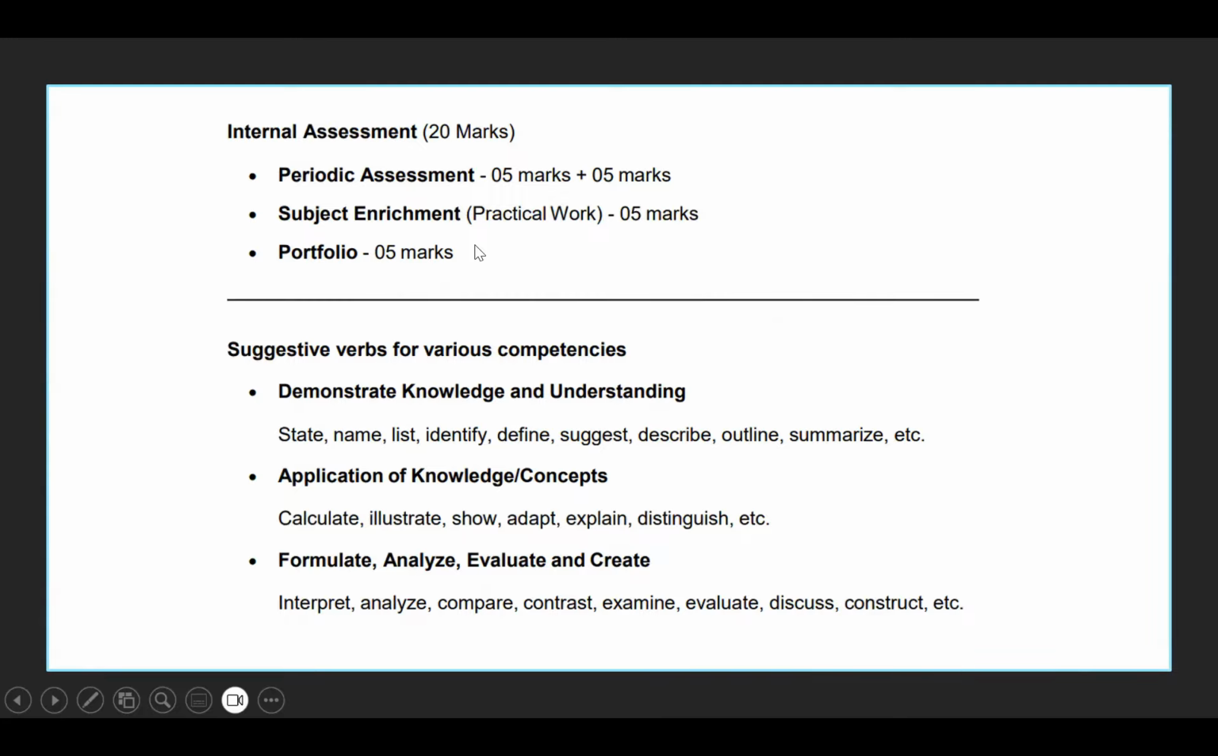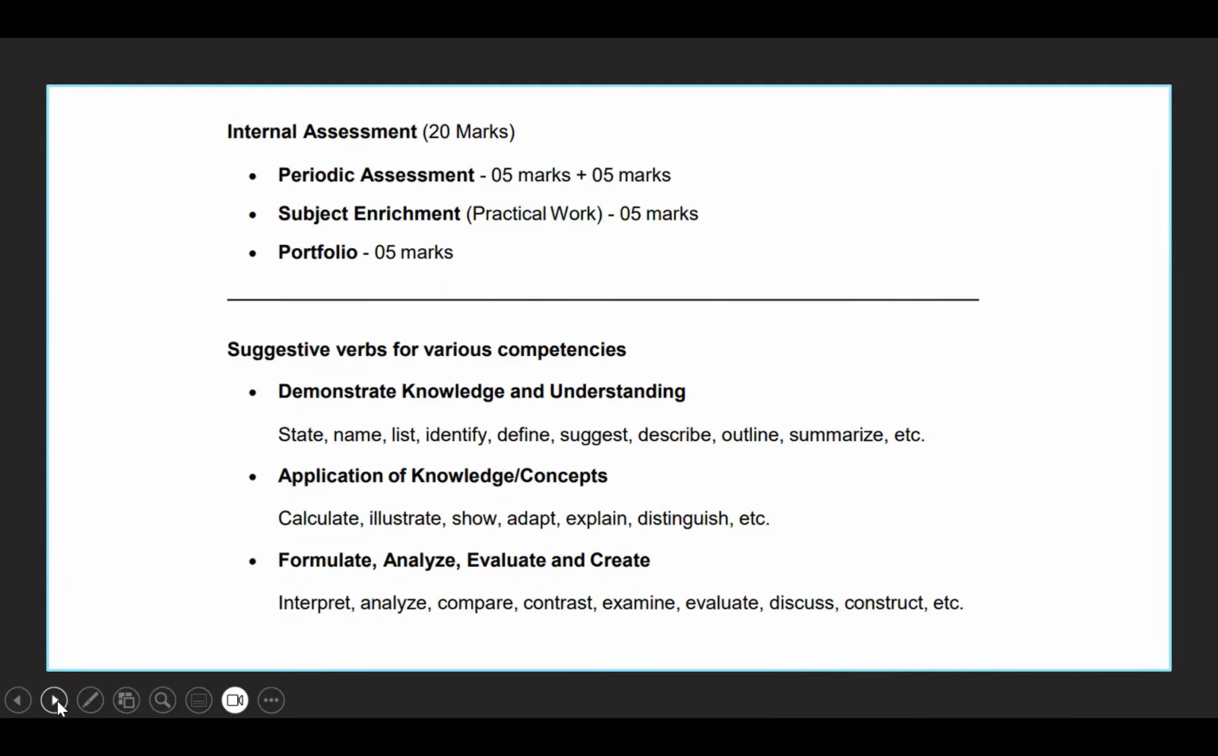These are internal marks. You are already aware, and by this time I believe you would have already completed all your internal assessment apart from prelims. So periodic assessment, which means all your internal school pen and paper exams, will be counted as 5 marks, along with the multiple assessment. Subject enrichment, which for science is practical work, is 5 marks, and portfolio, which covers multiple activities of different subjects of physics, chemistry, bio, will be 5 marks total. These are the sub-weightages for the various components. You can refer to the syllabus sheet